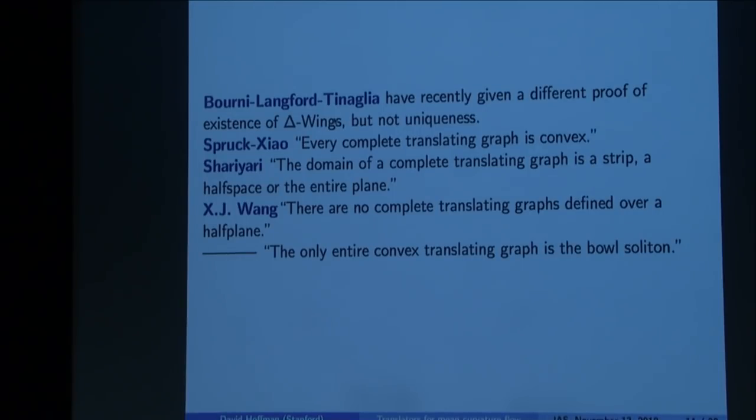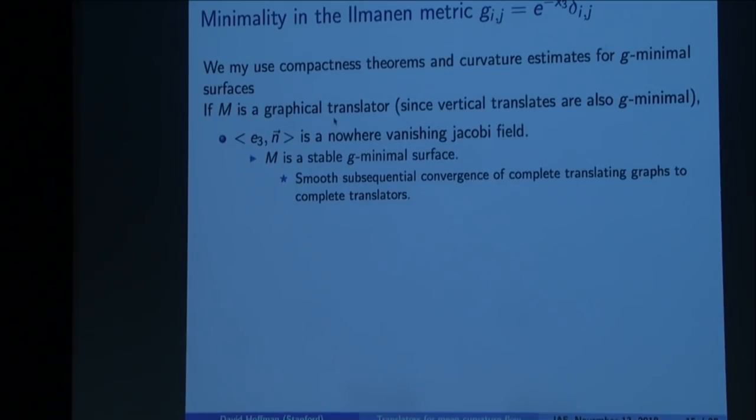And Shirayari proved that the domain of a complete translating graph is a strip, a half plane, or the entire plane. I'll show you how to prove that. We were also able to do these results of Wang again. His proofs are hard to understand: that you don't get anything over a half plane, and that there's uniqueness for convex translating graphs that are entire. OK, so